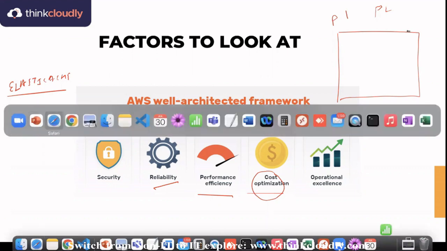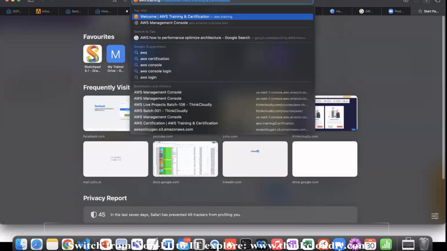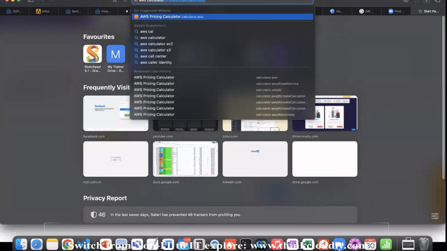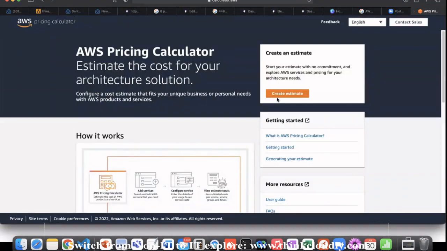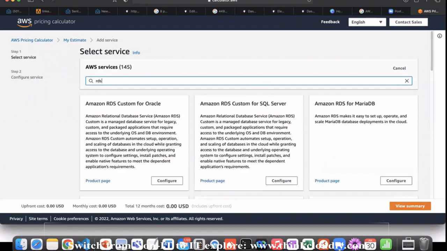Let me show you. There is something called the AWS pricing calculator. This is something which you have to always use. Whatever components you are using, let's say you have 2 EC2 instances and 1 RDS, you can search your service over here and calculate the pricing. So this will